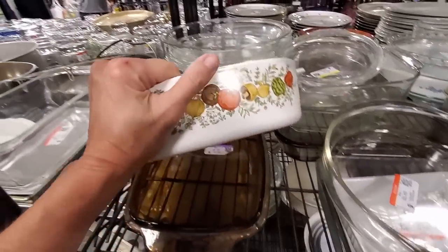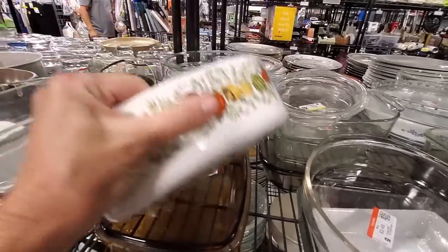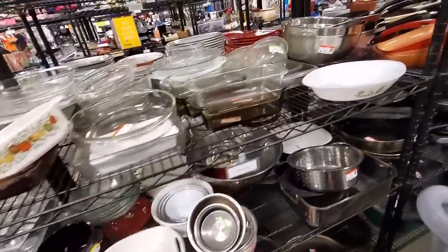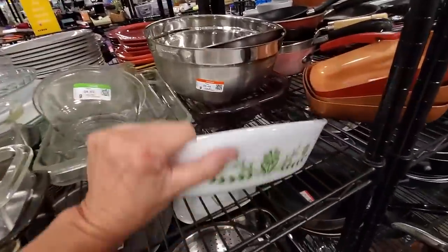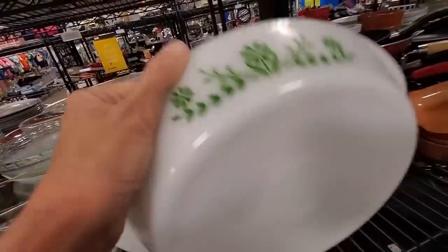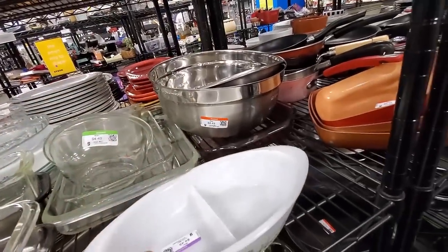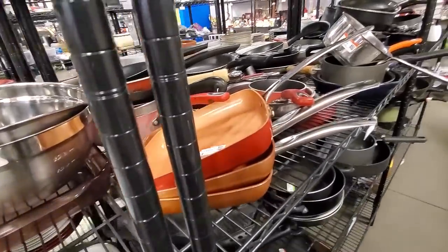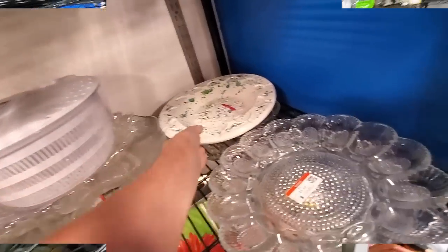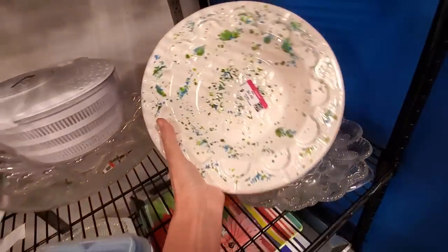This is Corningware. And this is Glass Bake. Glass Bake. There's more of that copper stuff. It's everywhere. That's more of that hobbyist. I mean, it's old, it's vintage, but